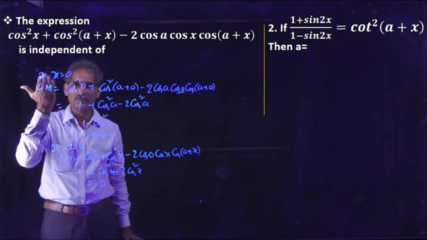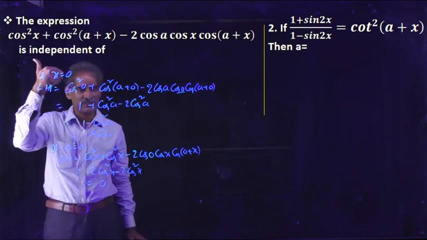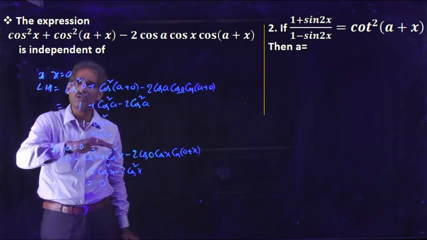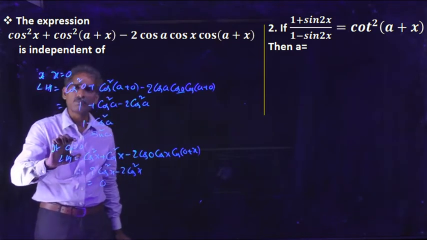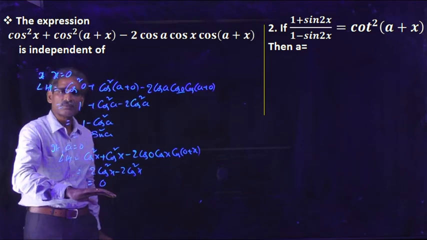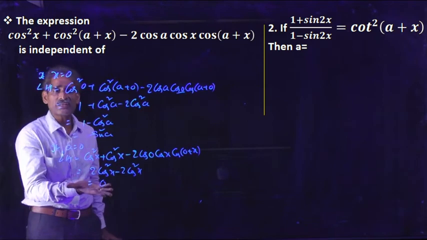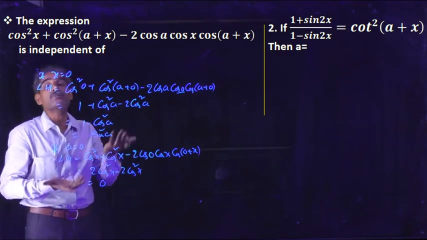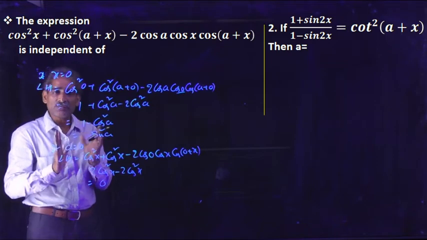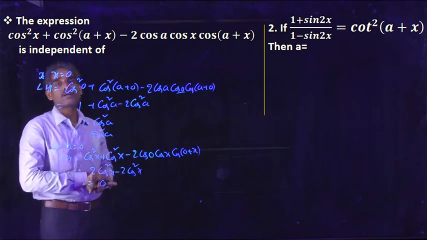Okay, that means this is not independent of a. In the case of this expression at x equal to 0, whatever the x value, we are getting a value in terms of a. If a equals 0, here also we are getting a constant value. That means the effect of x is not in the answer. There is no effect of x here. The total expression does not depend upon x, it only depends on a. That means we can say that this given expression is independent of x, dependent on a.